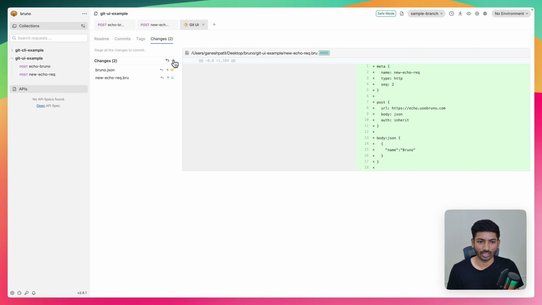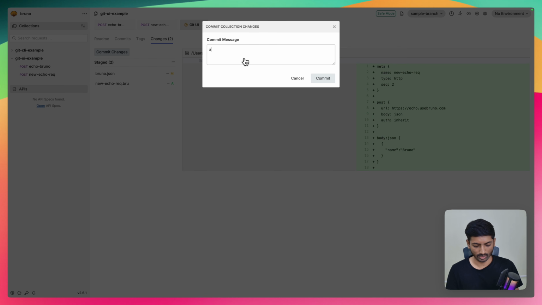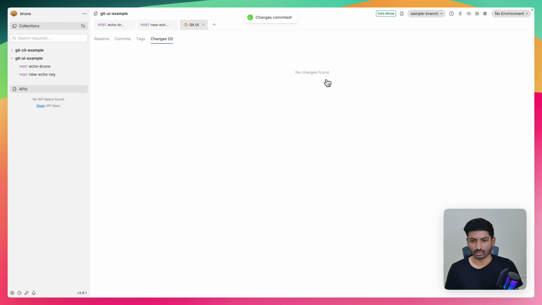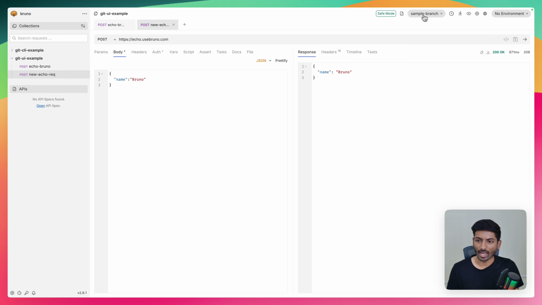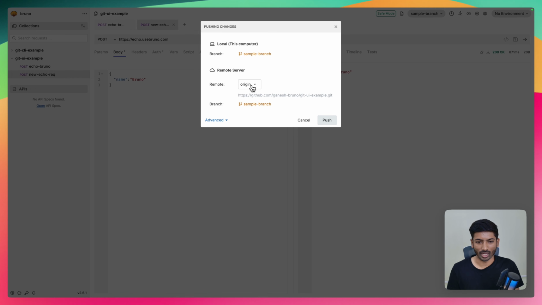And I will just say commit all changes. Once you click on this button, it shows add, and I say request and commit. Again, we will follow the same thing. If you want to commit something, go here and commit the change. Don't forget this. And if you want to push, go to push, and you can select a branch, origin